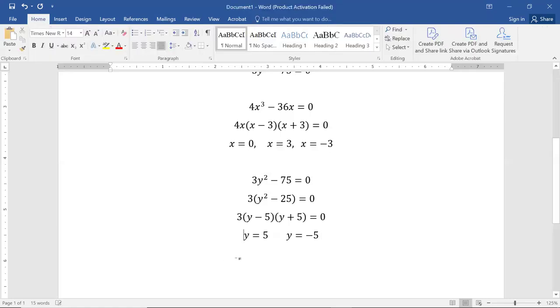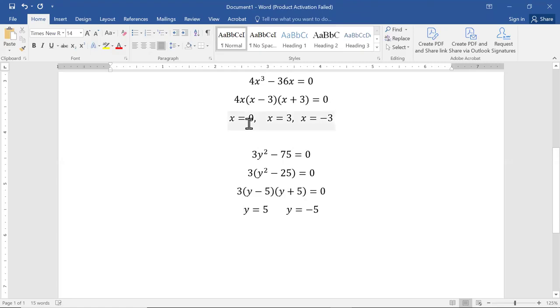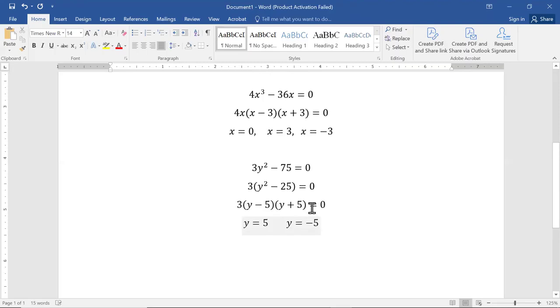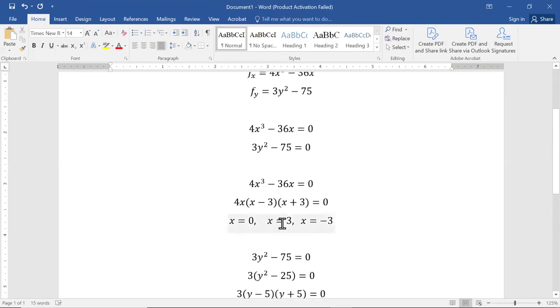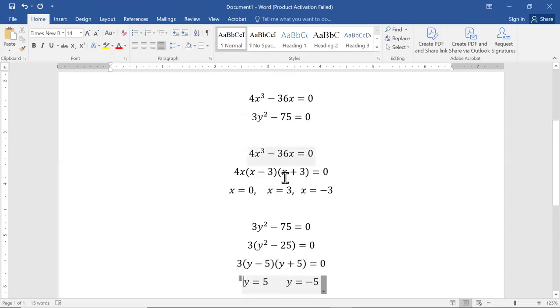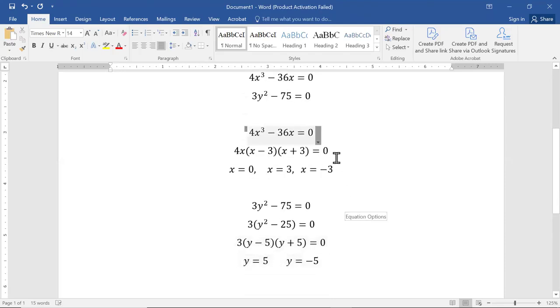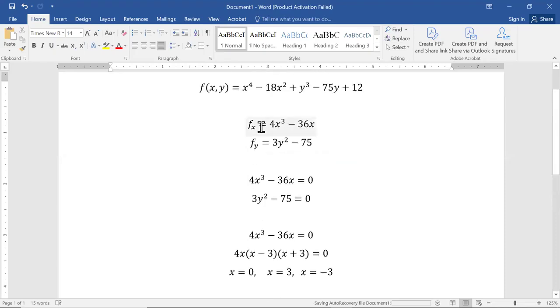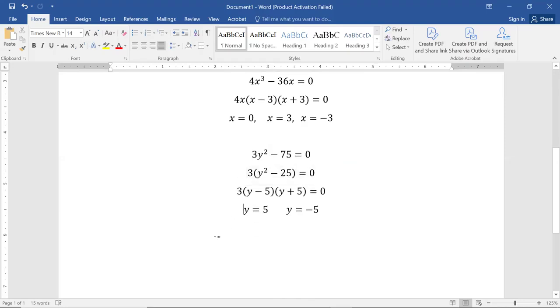Now, how many critical points are there? Well, I have 3 options for x and 2 options for y. If you plug in any of these three options for x and any of these two options for y, you will end up getting 0 in both the first order partial derivative with respect to x and also the first order partial derivative with respect to y. So how many critical points are there going to be? There's going to be 6 different critical points